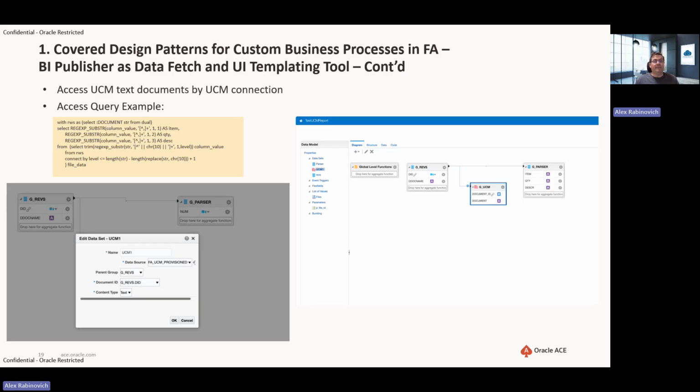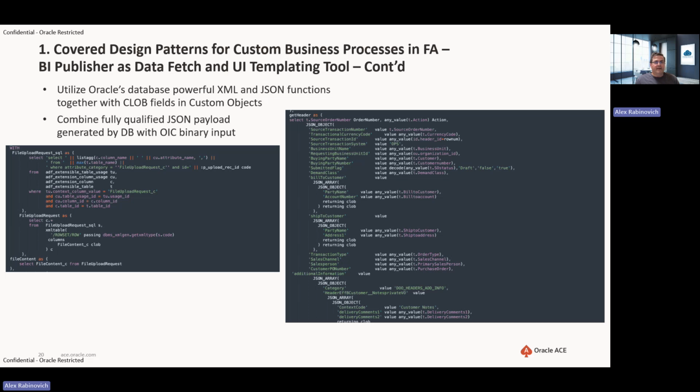You can parse it, for example a CSV file, like here in the example, and use it in your other data sets. And now, if we talked about the limitation of UCM access from BI Publisher of 32 kilobytes, here is an